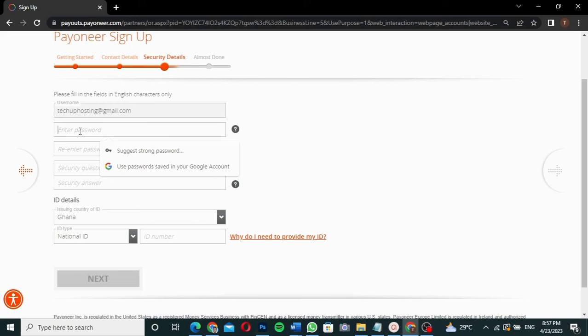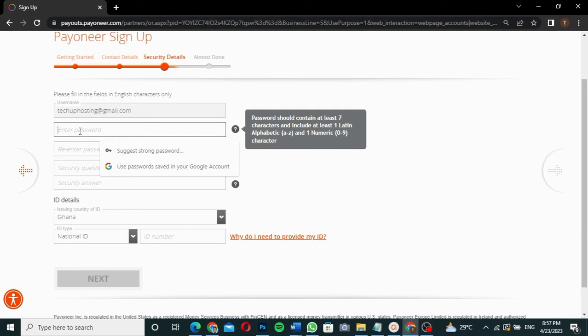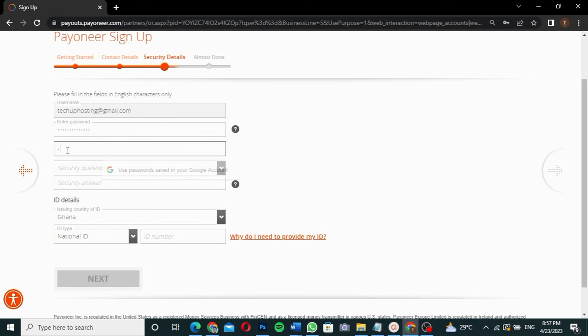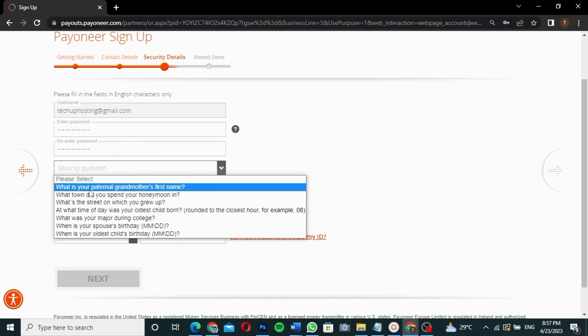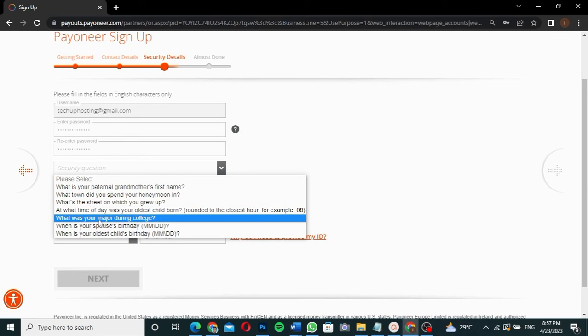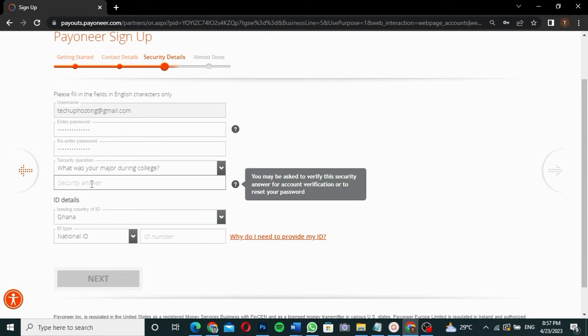Enter your password over here. Make sure that you enter a strong password. So enter a strong password and re-enter the password again, and then a security question that you want to set. Choose any one of the questions over here, and then you can click continue. So I'm going to choose what was your major during college, and I'm going to answer accounting, and